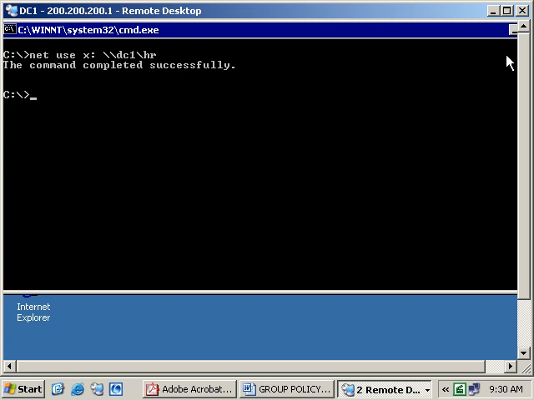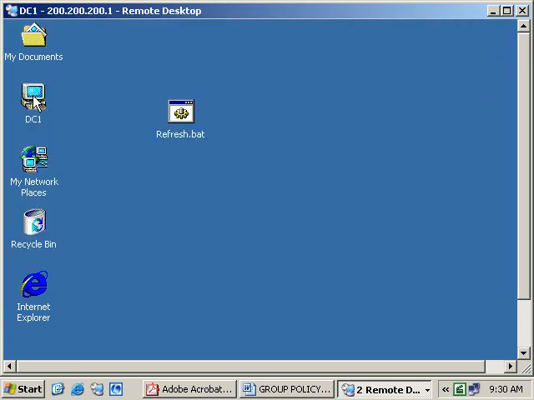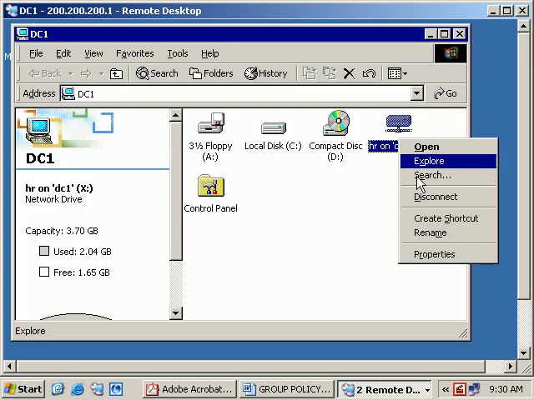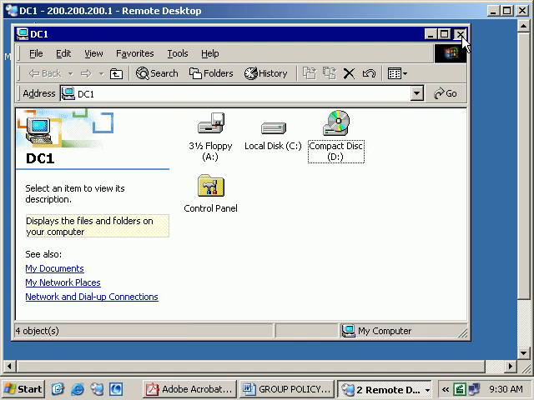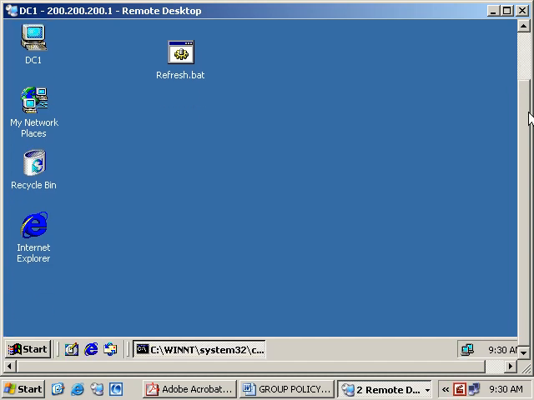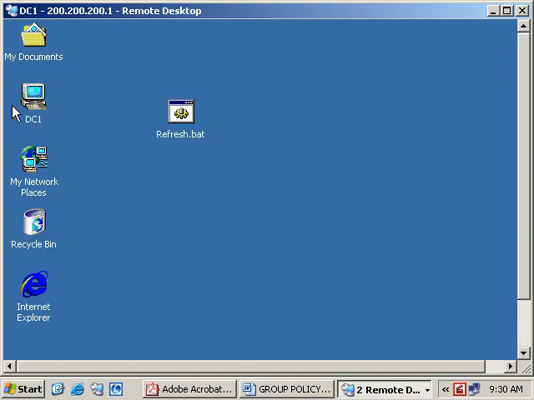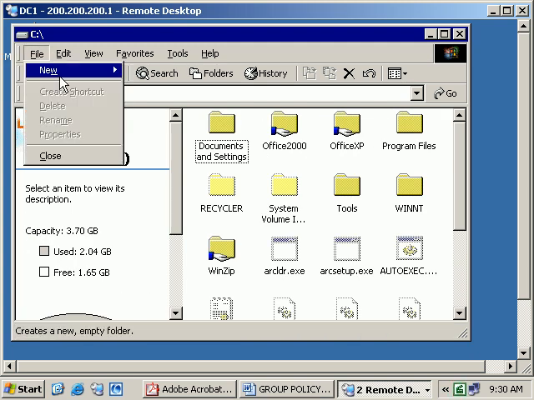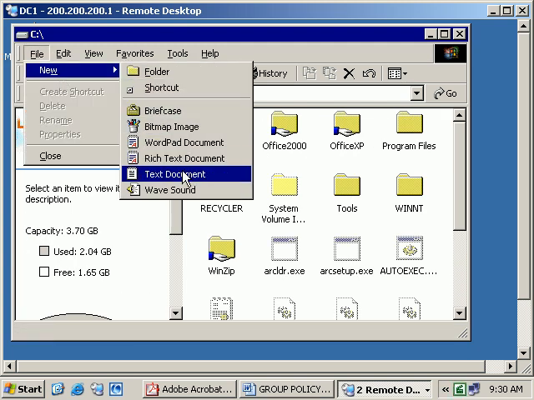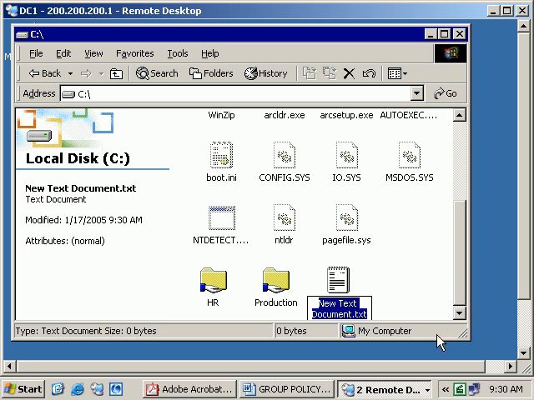command in there. So I'm going to minimize the screen one more time, and actually what we'll do is disconnect this so that this drive is not available to us on DC1. Okay, so let's create a new batch file. So what I'm going to do is go to the C drive, and on C drive I'm going to create a new text file, and let's call the text file